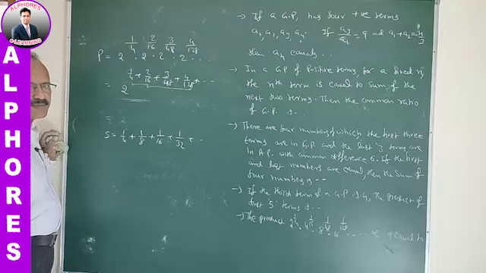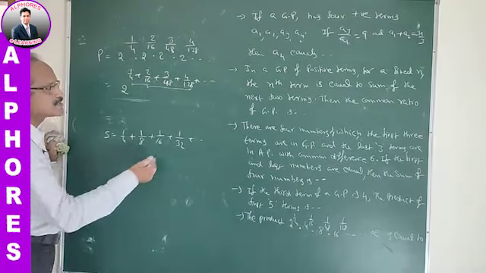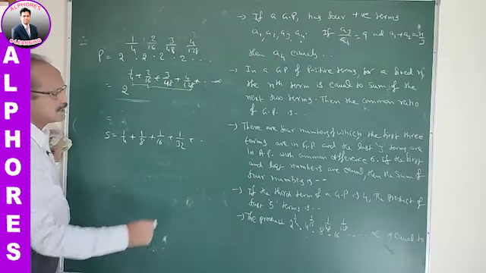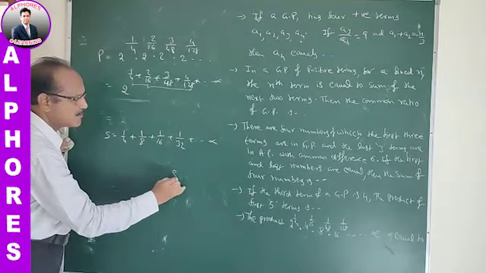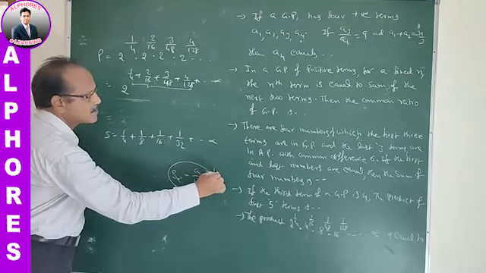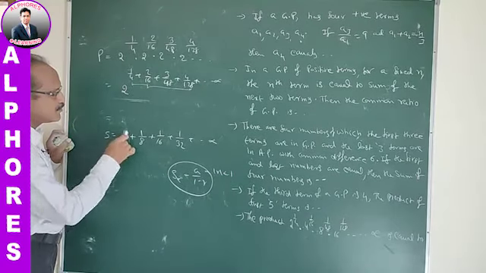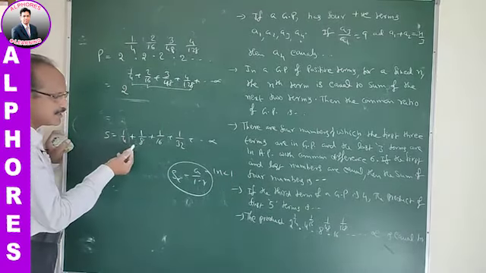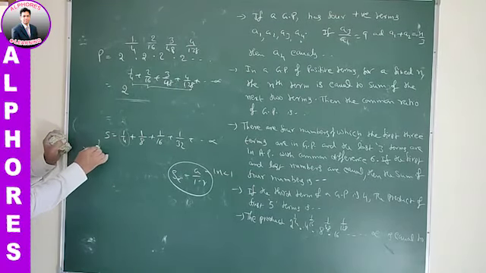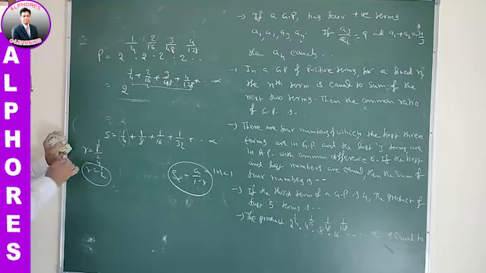Let us consider the sum. You know it is a GP series. We have to calculate the sum to infinite terms. We have a formula, sum to infinite terms is given by a by 1 minus r, where mod r is less than 1. a is here 1 by 4, and because it is a GP, the common ratio is given by T2 by T1. That is, the common ratio is 1 by 8 by 1 by 4. That is 1 by 2 is the common ratio.